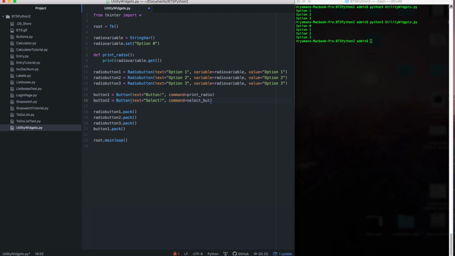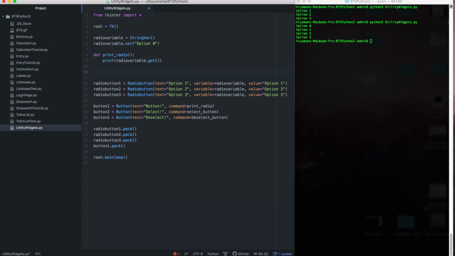And then button 3 is equal to button, text is equal to deselect, and command is equal to deselect. Oops, select button,